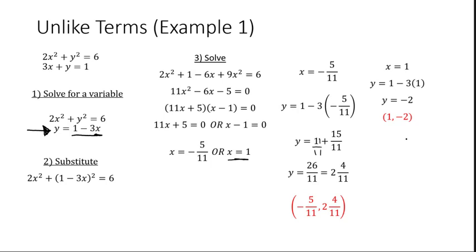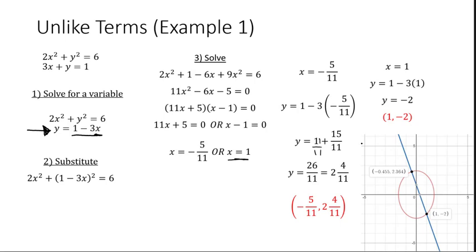And we could double check by graphing both of these equations. And when you graph, notice that we get this right here, where it intersects at 1, negative 2, and then this point up here, which is the decimal equivalent of these two fractions we got. So we have seen one example with unlike terms. Let's take a look at one more example with unlike terms, and this one's a little bit different than this